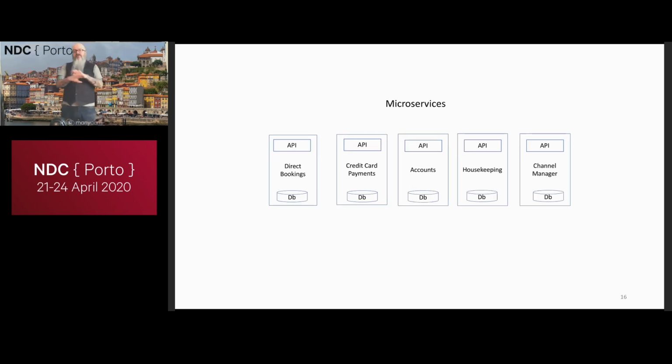So imagine this is what a hotel looked like in terms of slicing up into business processes. It may not do, I don't know, don't build your fortune on this. So imagine we basically said, very similar to our modules in our monolith, we had a direct bookings microservice, credit card payments microservice, accounts, housekeeping, and channel manager microservices. How do we now run those same scenarios we were looking at earlier in our new exciting microservices world?